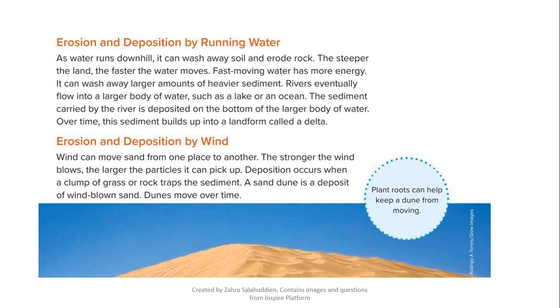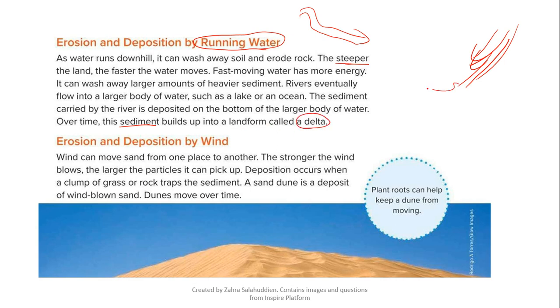Another way that erosion and deposition can happen is by running water. That means rivers, moving water. When water moves in a river, if it is steeper, that means the land goes up more quickly, then more weathered material will slide down. It will be faster and it could cause a lot of landslides, and it could cause sediment, our pieces of rock, to build up, making a delta at the bottom